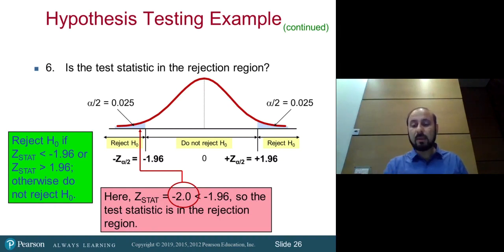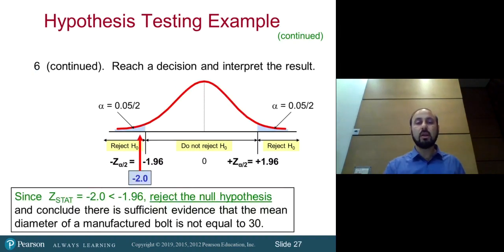Our null hypothesis is rejected because we wanted to see if the z stat falls over here. But here z stat is out of the acceptance region. It is in the rejection region. So therefore, of course, we have to reject our null hypothesis. Okay. So conclusion: since z stat is equal to minus 2.0, which is less than minus 1.96, hence we reject the